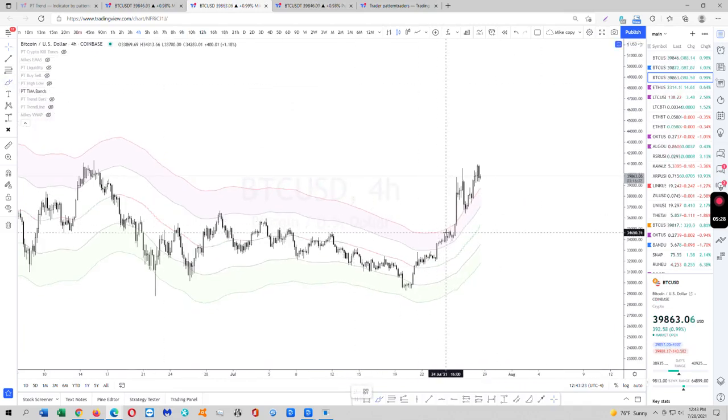Remember when I told you guys a few days ago, stop shorting, because we broke out above the 4 hour TMA. That's extremely bullish. The minute you break out of a TMA on the 4 hour, you know that this is going to act like support and you're going to ride it up.